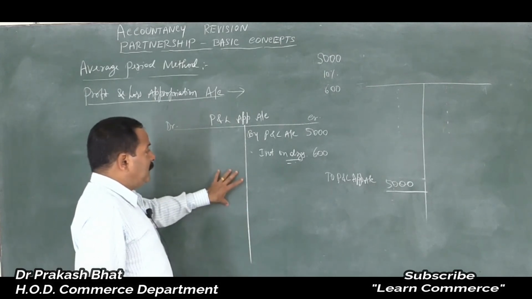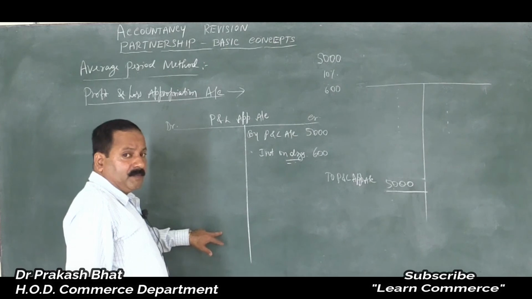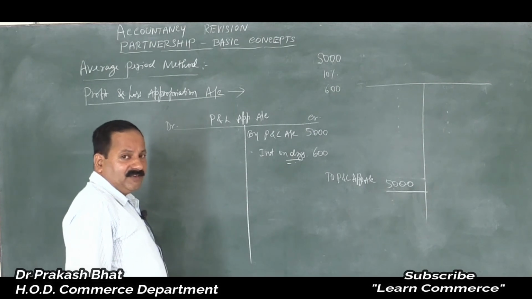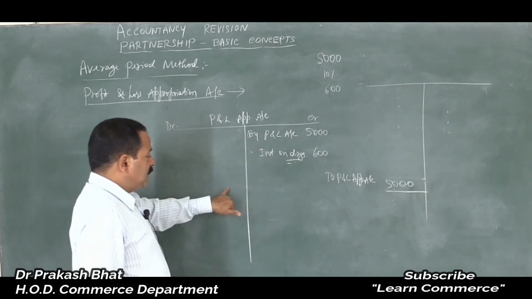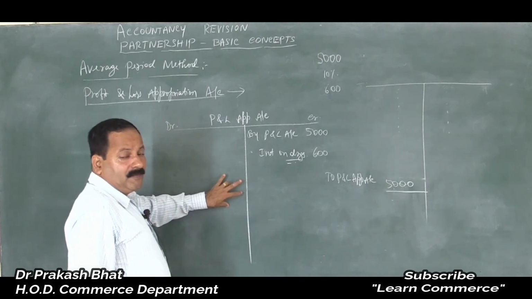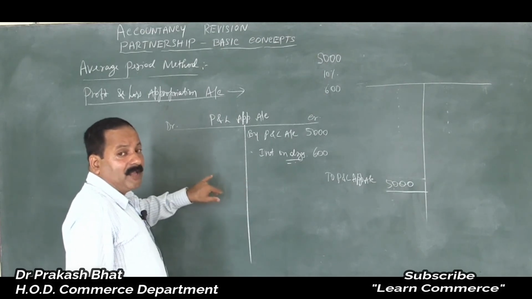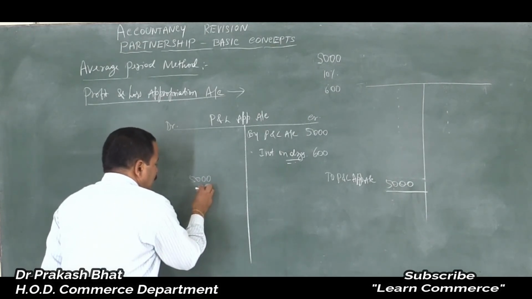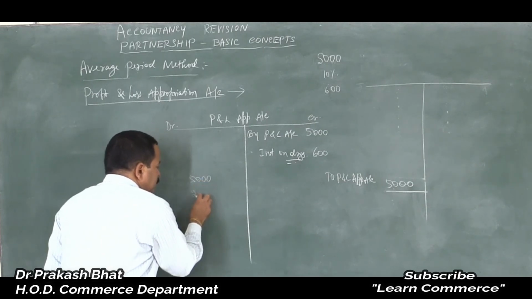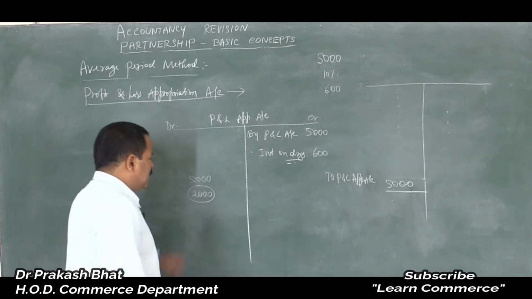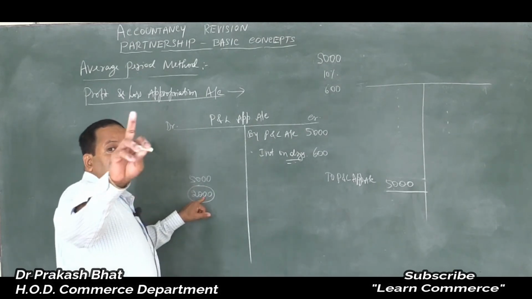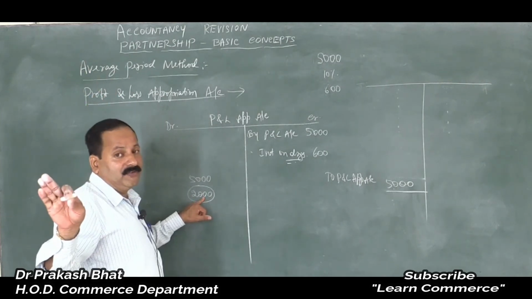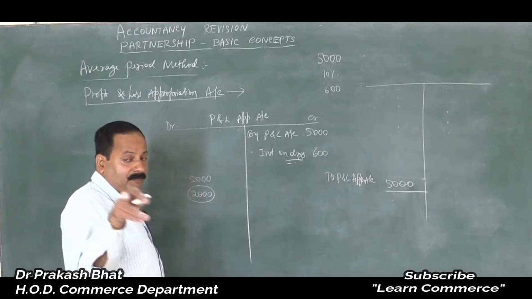Then regarding interest on capital, I told you if there is profit, provide, otherwise no. If there is a loss, don't provide interest on capital. Correct? If after providing everything there is some amount available, not the entire amount which should be payable as interest on capital. If interest on capital comes to 5,000 and the amount available after deducting everything is 2,000, distribute this amount among the partners as interest on capital in their capital ratio, and not the profit sharing ratio. Remember this, I have made it very clear in my previous video.